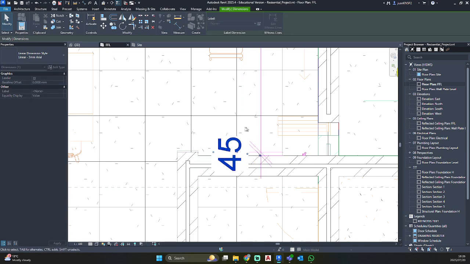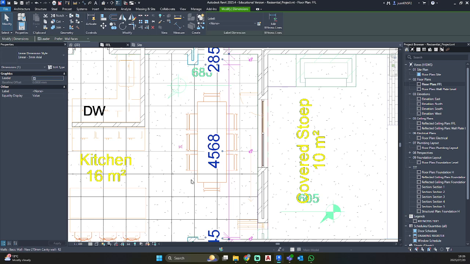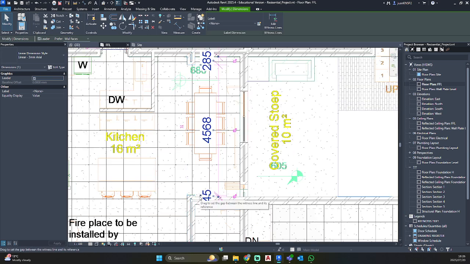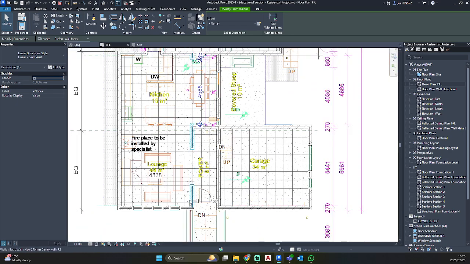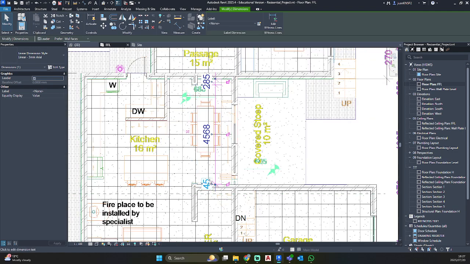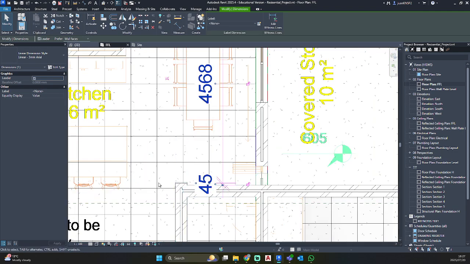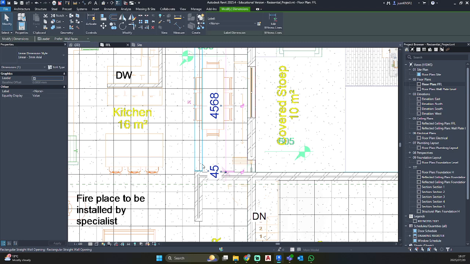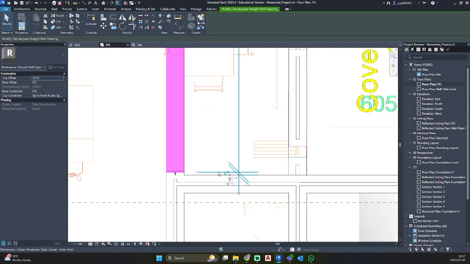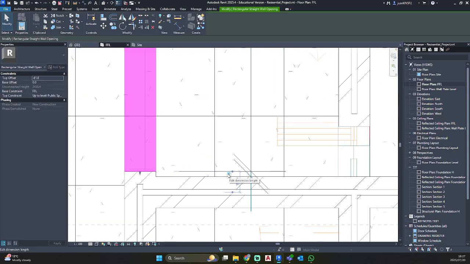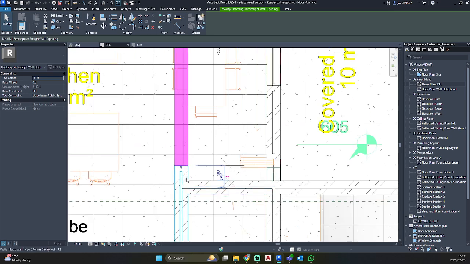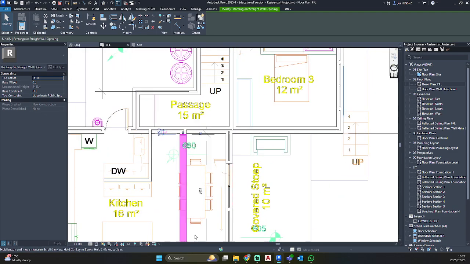So due to that opening getting a lintel on top, most likely, or depending on what the engineer will tell us, does it need a concrete beam across, or would lintels be sufficient? But in this case, we're going to say, for argument's sake, that there are going to be lintels above. So I'm going to click on my opening, and this little dimension over here, I'm going to change that to 300, so that there's space for the lintel to rest on top of that wall.